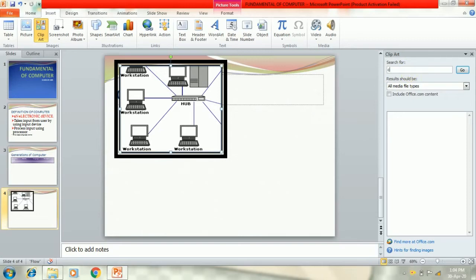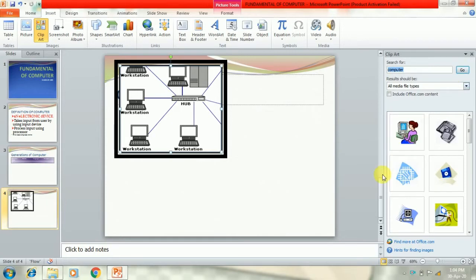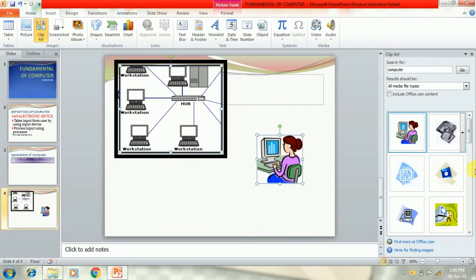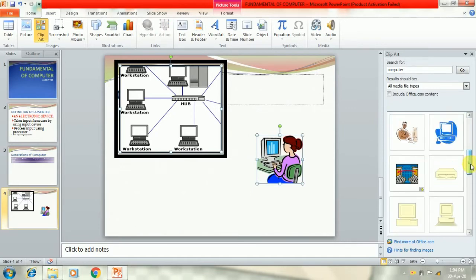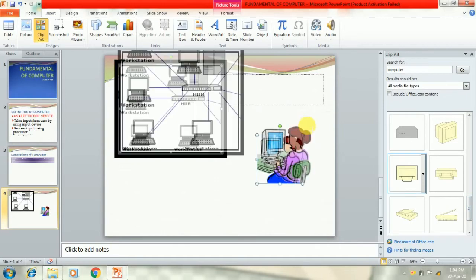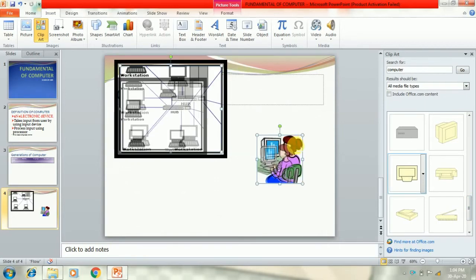For example, if I want a picture related to computer, then I will write the word computer in the Search for box and click on Go. The images will be displayed and we have to drag the appropriate image into the slide. Again, we can change the size of the picture and its location by dragging.